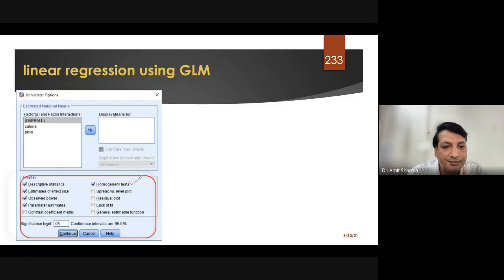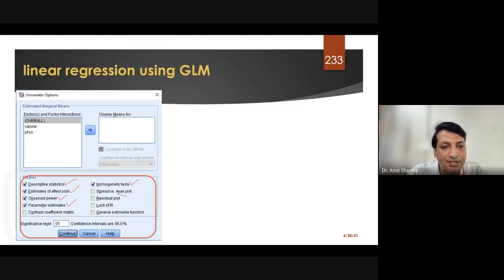This is important. You need the descriptive statistics of everything. So this table is also important. Estimate of effect size is an important table, observed power is an important table, and parameter estimate is an important table. So on these five you are going to click.